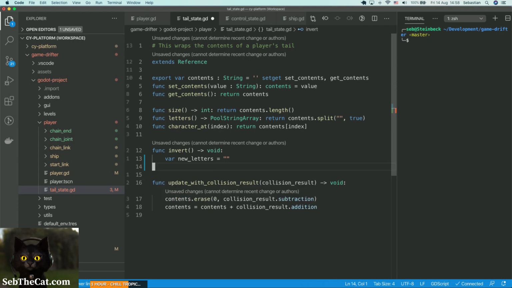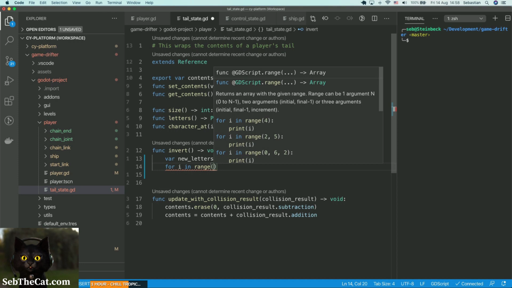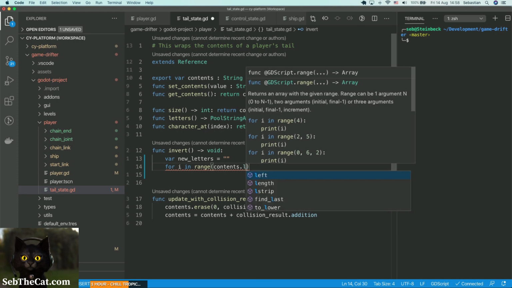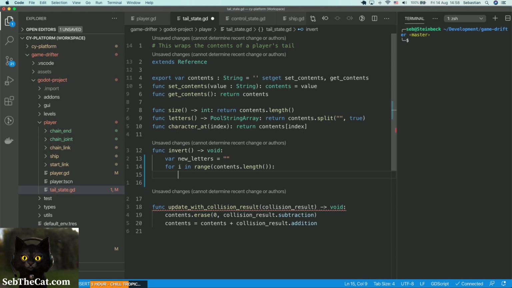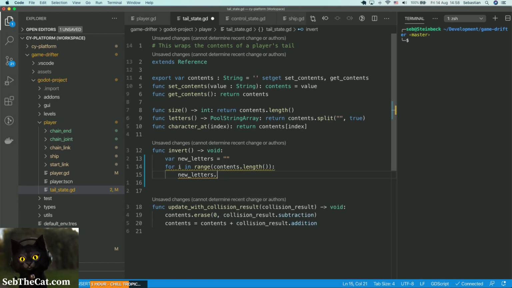So we just go a little bit like this, and then we'd say for i in the range of contents dot length, knowing that strings have length but arrays have size. And then I guess what we say is new letters, is there a concat or equals plus